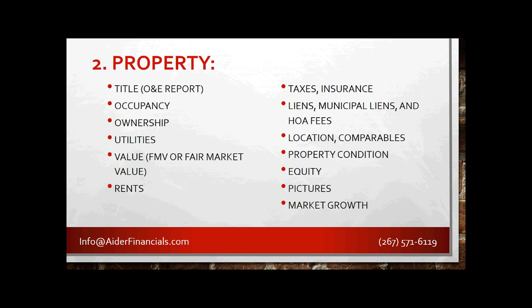And then ownership. Once you check on the county website who the current owners are, it may be completely different from what you see as the borrower's names sometimes. So it is very crucial for you to validate the owner's names when you do your due diligence. If you go on the county website and look up their taxes, you would have the full address, and it would tell you who the current owner is on the website. And utilities,